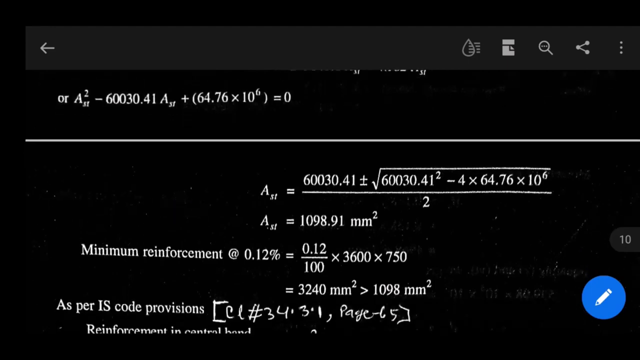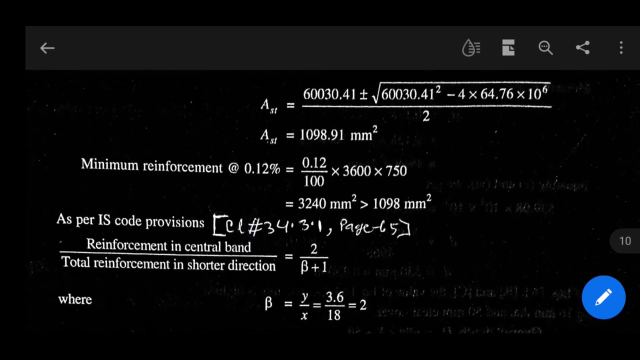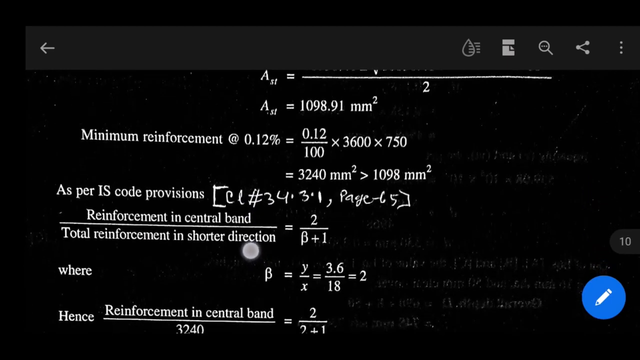1098.91 mm square. Now minimum reinforcement at the rate of 0.12%, that means 0.12% of area, that is equal to 0.12 by 100 into 3600 into 750, is equal to 3240 mm square, which is greater than 1098 mm square. So as per IS code provision clause number 34.3.1, page 65,